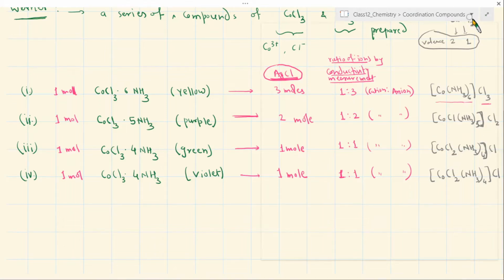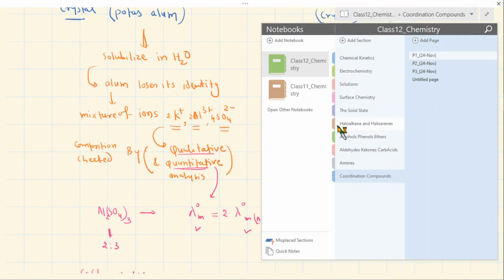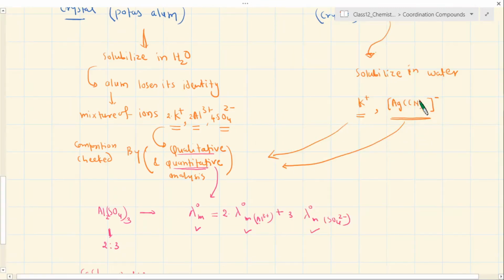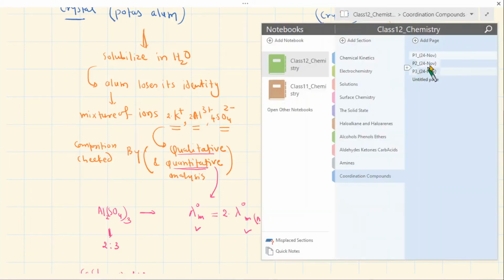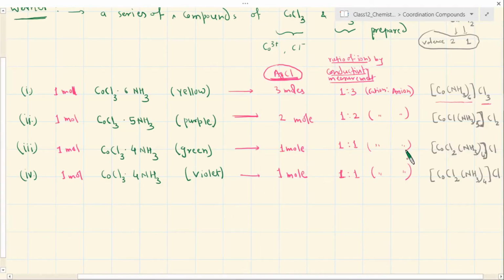Okay, remember this. When I was discussing the formation of this addition compound, I said that everything inside the bracket behaves like one entity and it is not freely available as an ion in the solution. So you don't get the test of silver ion or cyanide ion here. In a similar manner, here also in the formation of this compound, the chlorides inside the bracket are not free as separate negative ions.